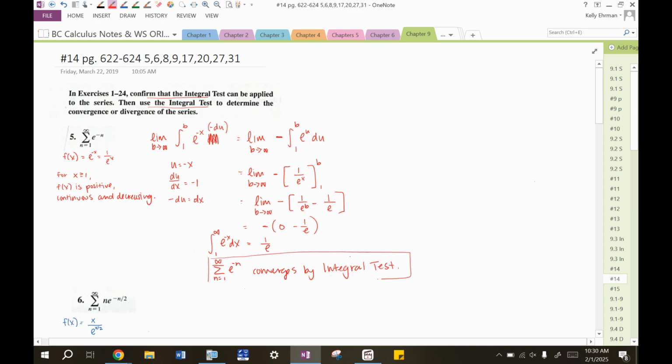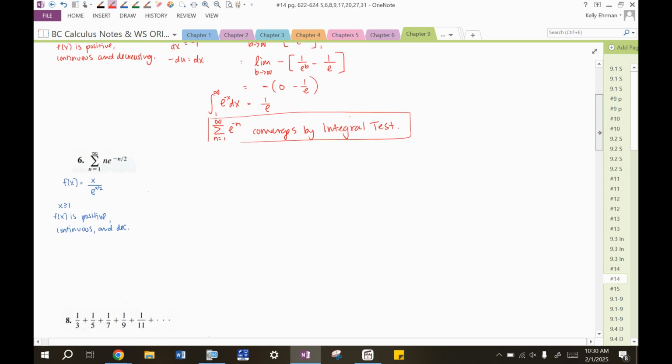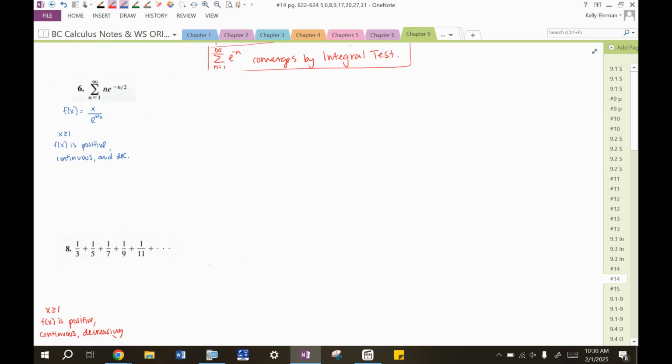All right. Okay, so let's look at the next one. Again, the conditions for the integral test are met. f of x is equal to x over e to the x over 2, I just made it that instead of the negative exponent. Both of those terms would be positive if you're plugging in 1 and beyond, continuous and decreasing. So I will go on with my integral. Again, it's going to be the integral from 1 to infinity. So I'm going to make b approach infinity. And I'm going to make this x times e to the